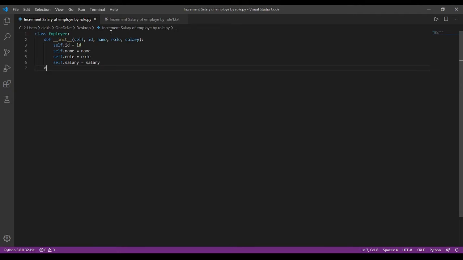Here we are creating a function called increase salary, which takes the argument called number, the percentage by which the salary should be incremented. Next, the salary should be incremented and assigned to the employee salary variable.